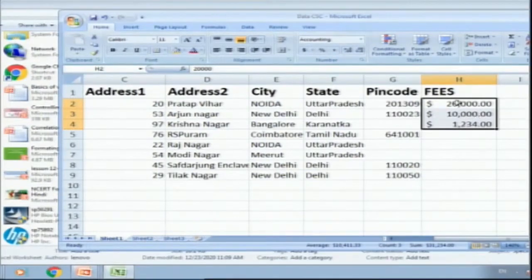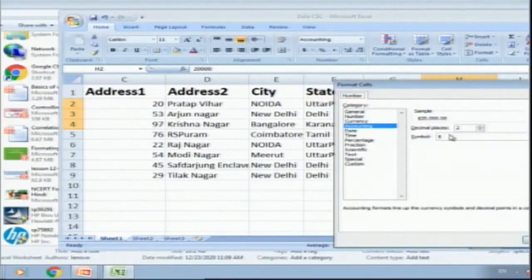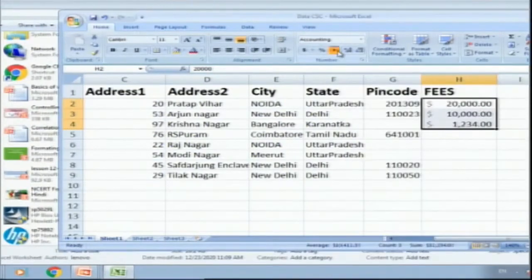Since I didn't enter any comma operator, but when we worked on the format, the style has automatically been applied. If we want to add or remove the comma operator, we can select the options. Here it's showing that 2 decimal places are getting displayed. If we want to increase the decimal places, we can click here and more places will be added. If we want to decrease, we can click this option and the number of decimal places will be reduced. If you want to insert a percentage symbol, I can click this percentage option.